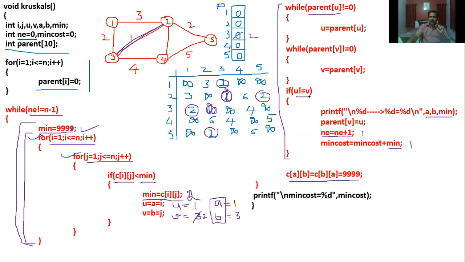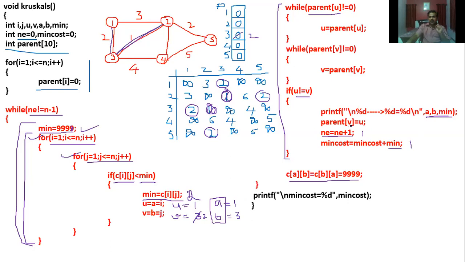See that u and v value. If u and v value both are the same, it means there is a cycle formation. Here in this case, u is 1, v is 2. Right? There is no cycle formation. I can consider that as 1 to 3, not 1 to 2 actually. So you need to see this AB value, that is 1, 3. Consider this edge.